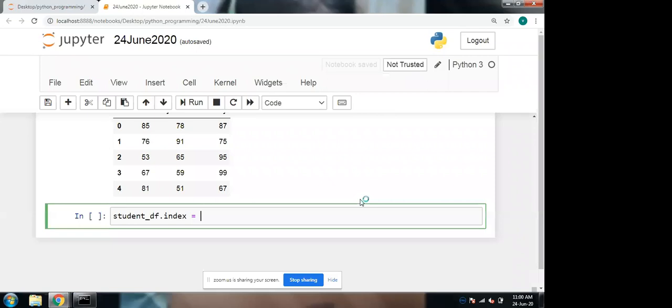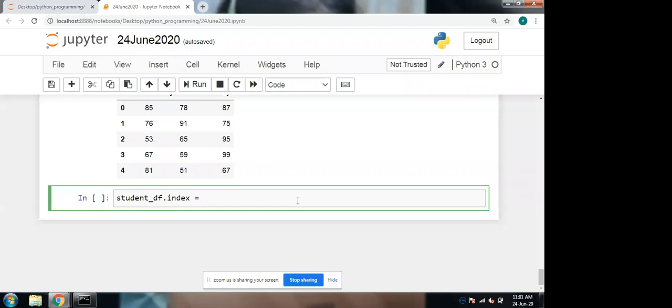So now we are going to update the index of the data frame. We will give the list.